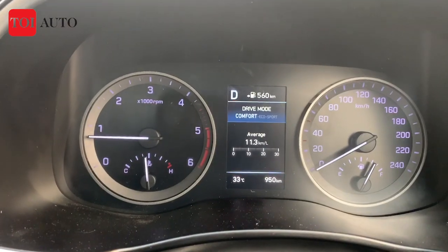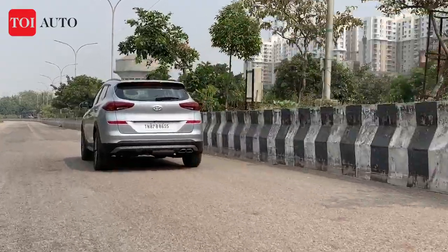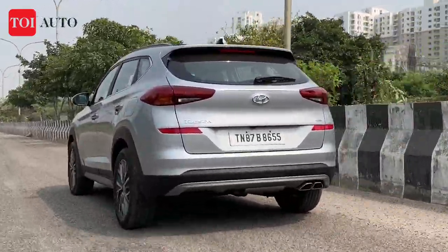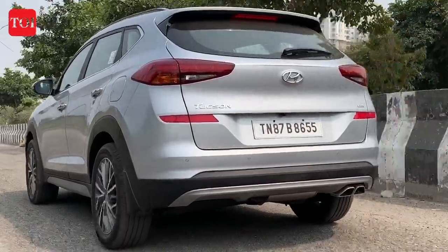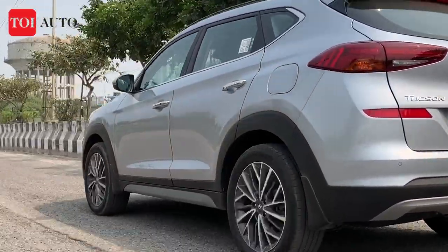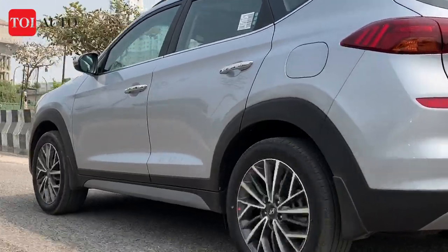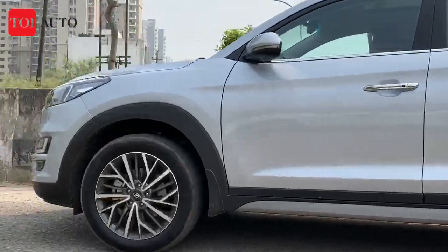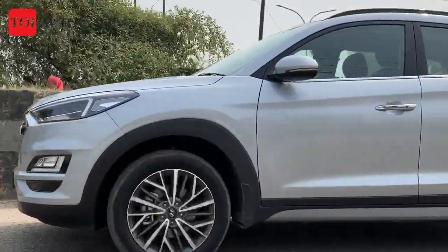So things get better. But on a usual note, honestly, I feel this steering wheel has a bland response, much like a car that is almost half or one-third the price, like the Hyundai Aura. The 8-speed automatic transmission you get with the diesel engine is nice. I would say it's a good addition, but